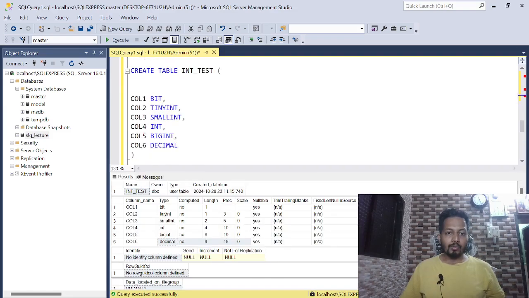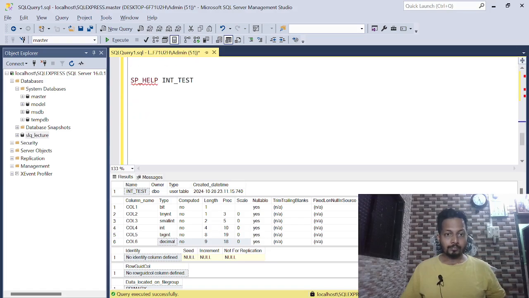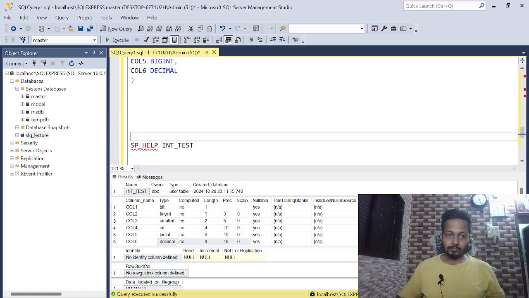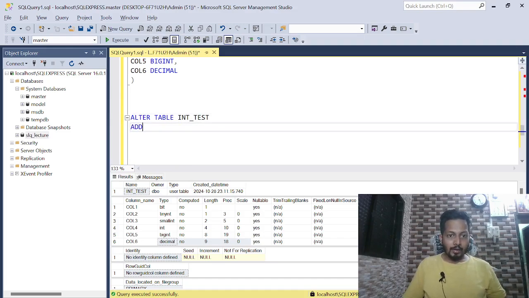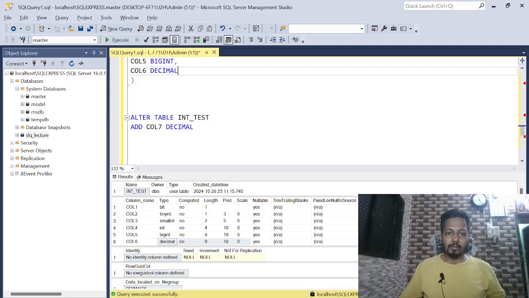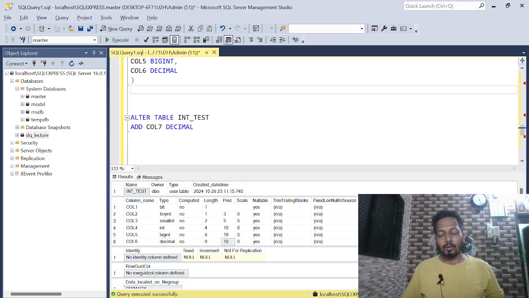We'll be adding one more column into the table. ALTER TABLE, ADD col7 decimal. Here we didn't specify the precision and scale. In that case, it will take the default value, which is 18 and 0, meaning it will store any number who has